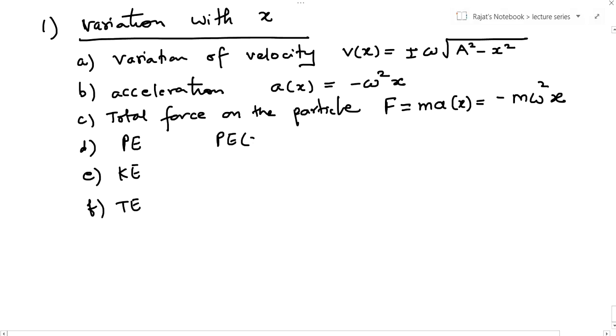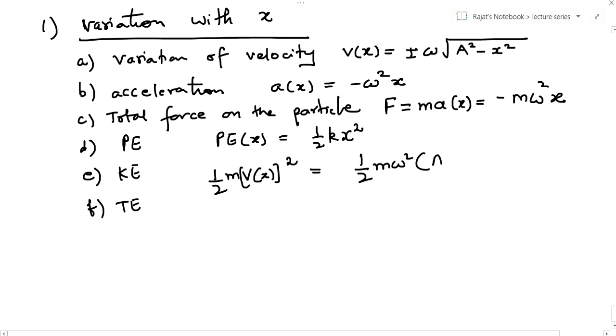Potential energy as a function of x is half k x square. What about the kinetic energy? Kinetic energy is no different. If you know the velocity, you can find the kinetic energy. Kinetic energy will be half m v of x square. This will be half m omega square times a square minus x square,